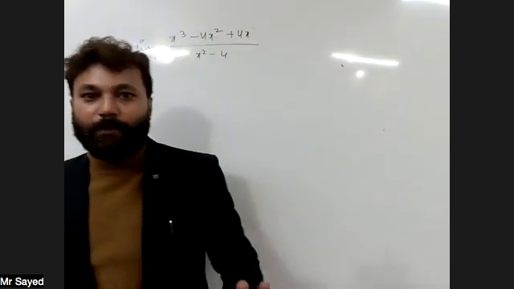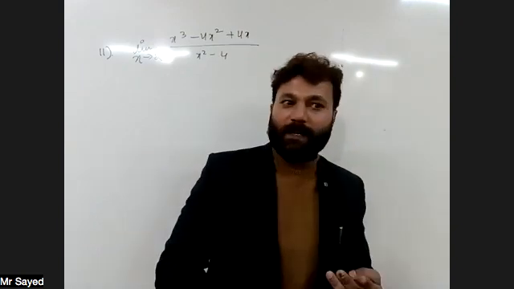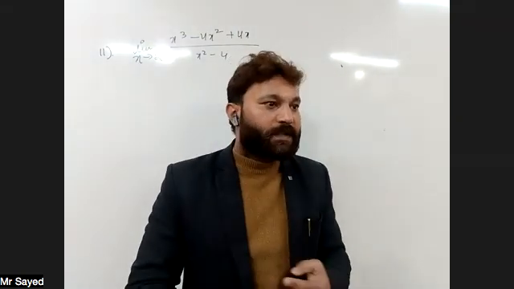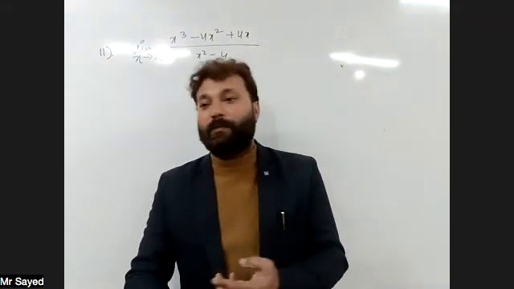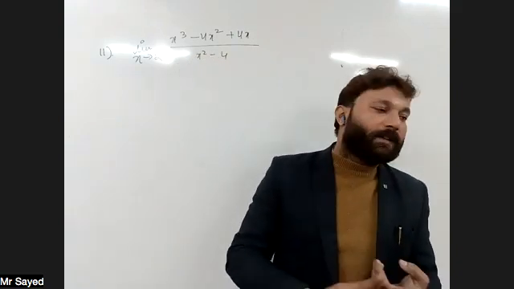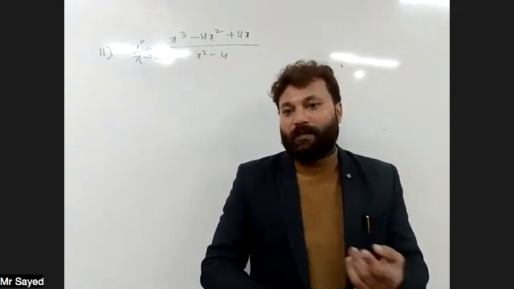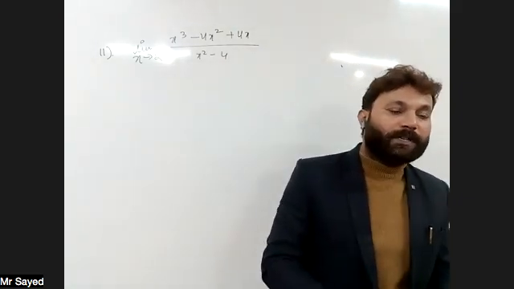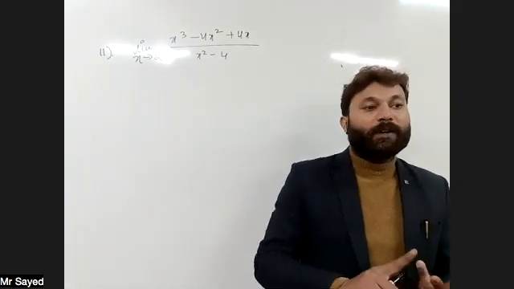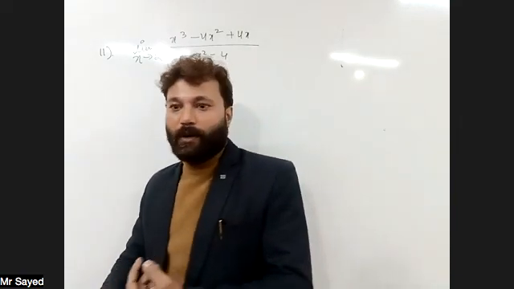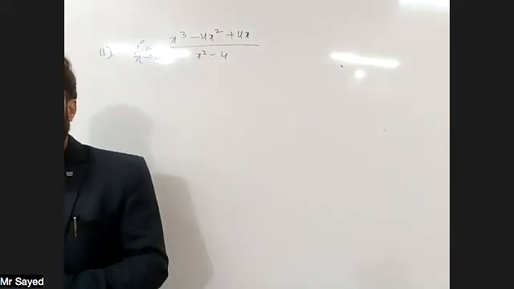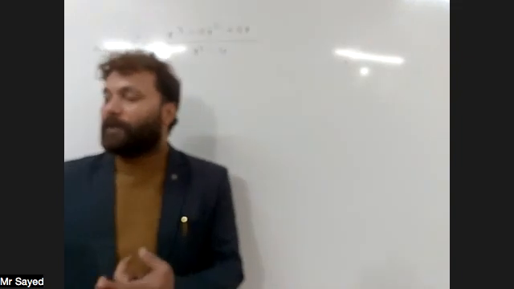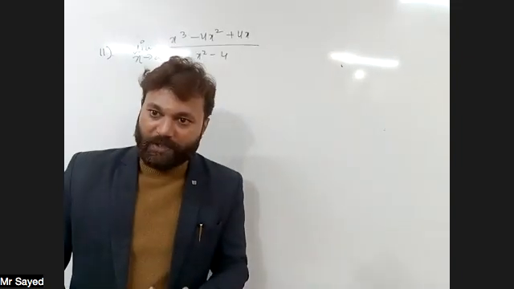एक बार रिकॉल कर लेते हैं चारों मेथड्स. First one was direct substitution, second one was substitution after simplification, third one was direct formulae, and the last one was one-sided limits. If the form is not 0 upon 0, we directly put up the limit. If the form is 0 upon 0, we simplify and then we put up the limit, or we directly use a formulae, or if the question is related to existence of a limit or multiple definition, then we make the